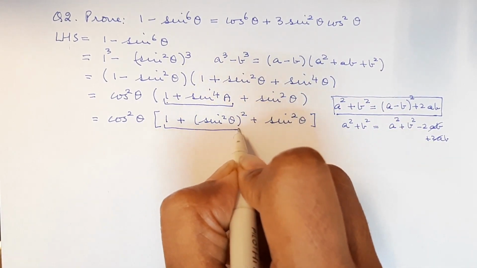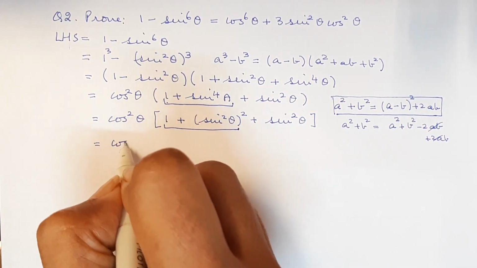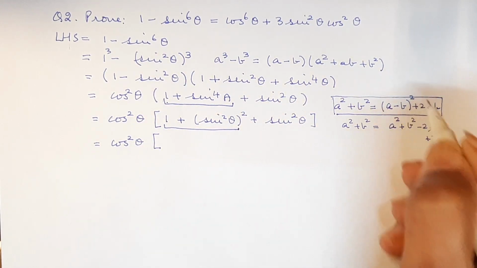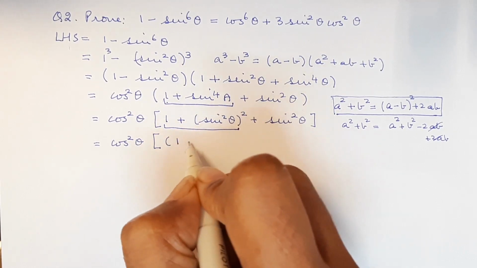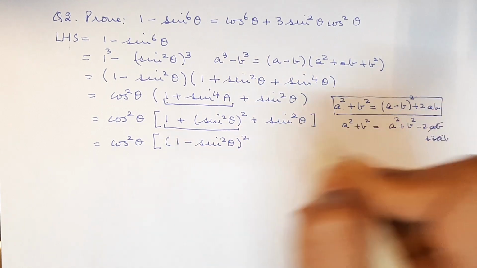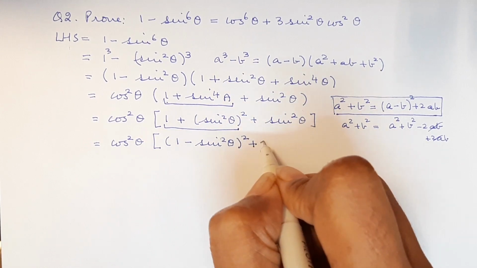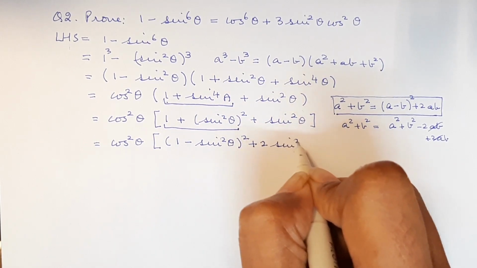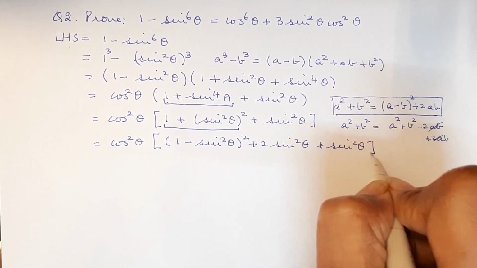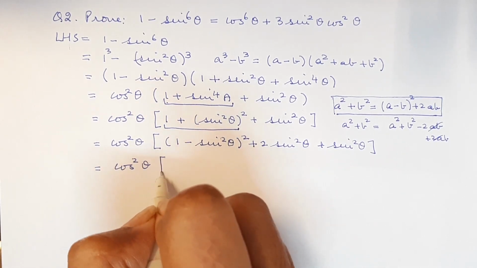And we are going to use this, comparing with this, to get our next step, which would now be a minus b whole square means 1 minus sine square theta whole square plus 2ab means plus 2 into these two, that is 2 sine square theta plus sine square theta,